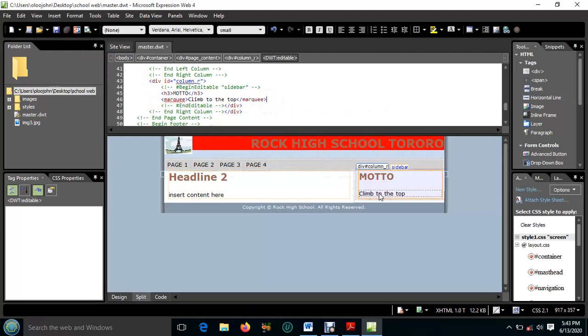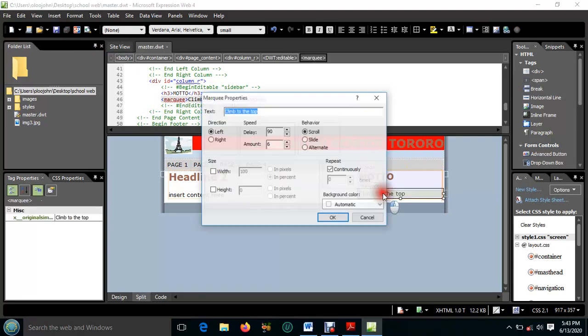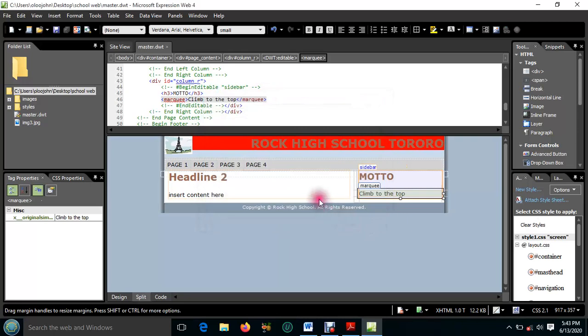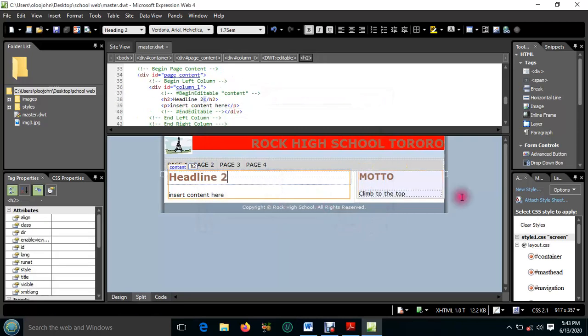Then you may want to apply the marquee properties. To apply that, what you do is simply come and double click on the text where you have applied the marquee. So when I double click on that, it brings for me the marquee properties. So there is direction. They may want you to apply the direction, specify the speed of the delay and the amount of delay, the behaviors, that one you should be able to do that. So okay, I'm not going to change. We are done with